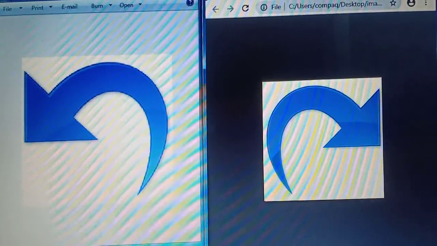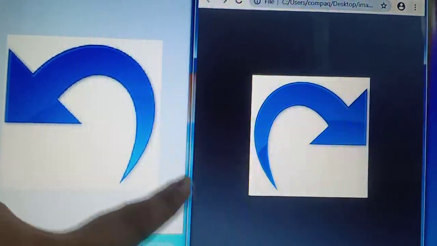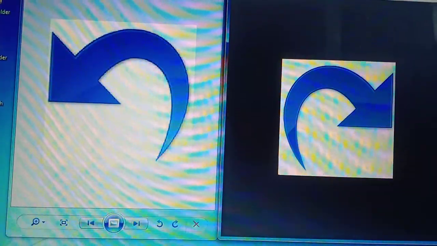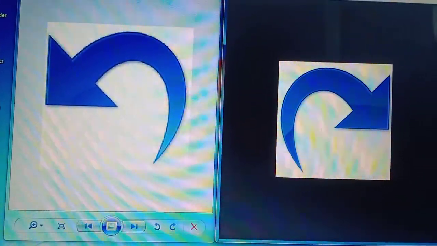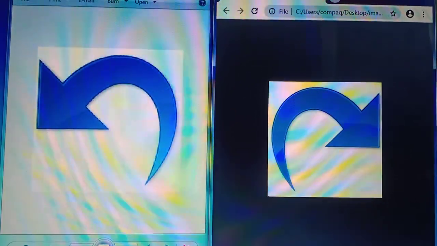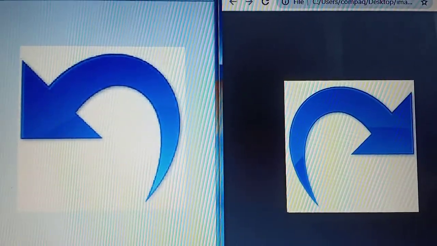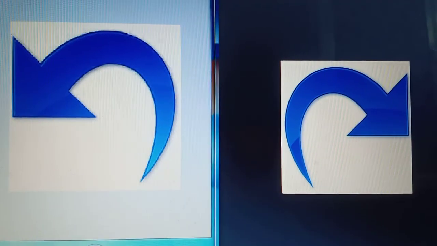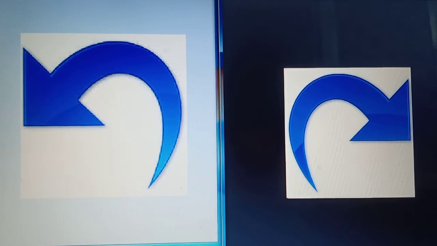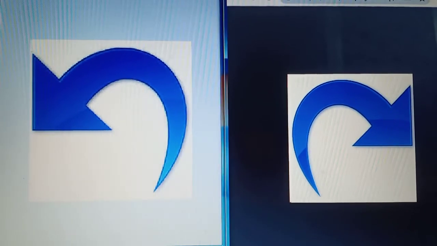Now see these two curved arrows. The left one is the undo button and this one is the redo button. These two buttons are present on the quick access toolbar on the title bar of this Word window. While typing, if we have entered wrong data or pressed anything wrong by mistake, then there is an option to undo our mistake.